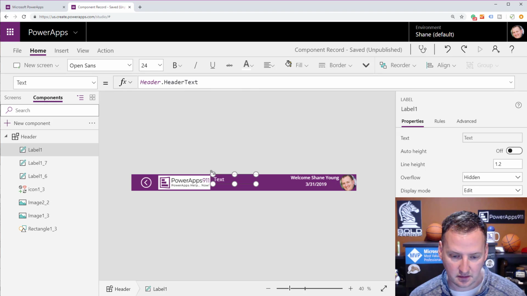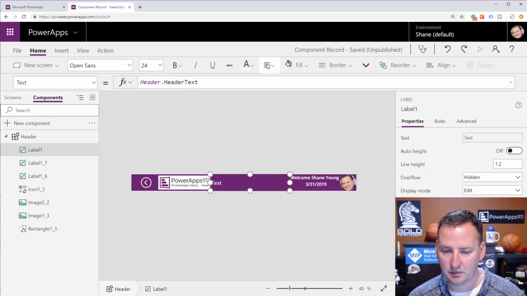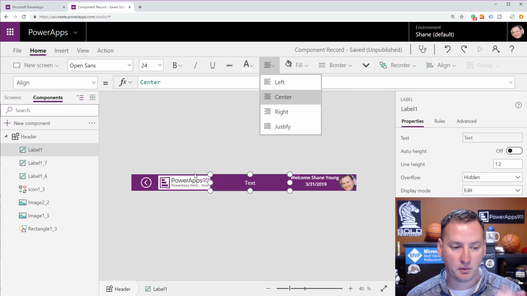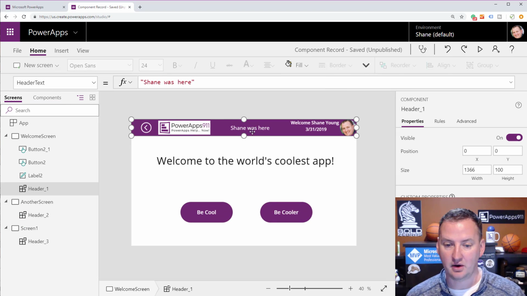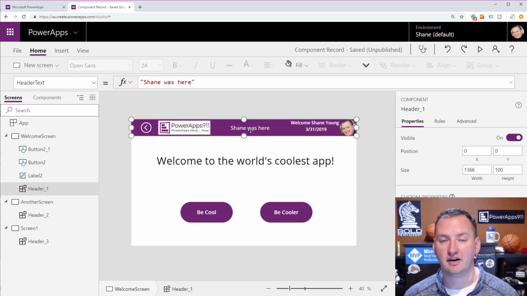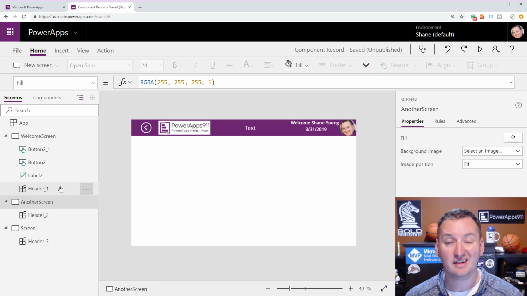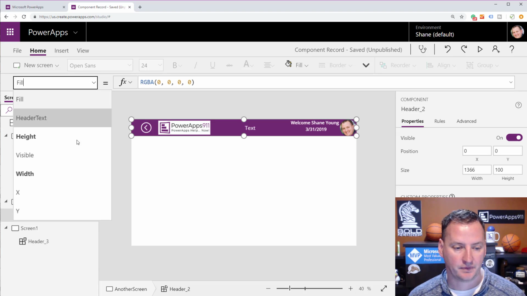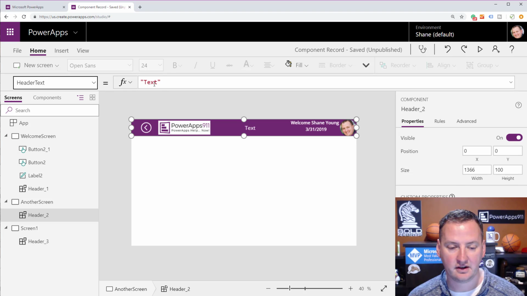So I'm going to go over here, resize this to be like this, maybe like that, and we'll set it to be centered. So we just made one quick change, and now Shane was here is right there in my app. And if I go to another screen, it still says text because each instance of the component, notice that this is header_1, header_2, they're each unique. So I can click on header_2, and then I can set the header text here to be,